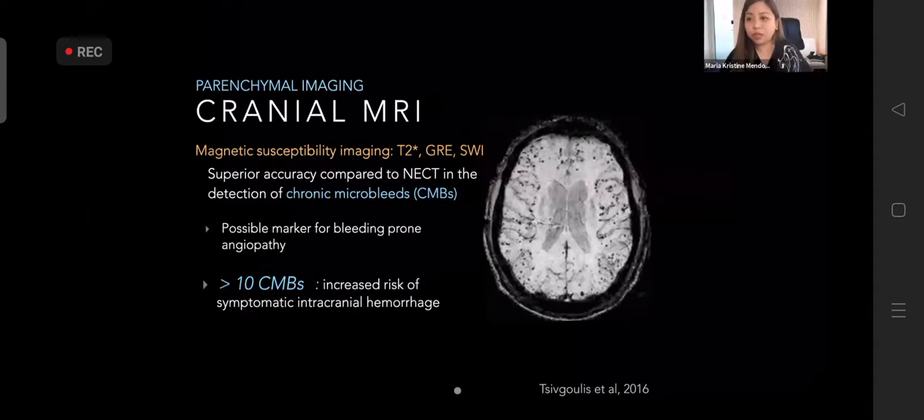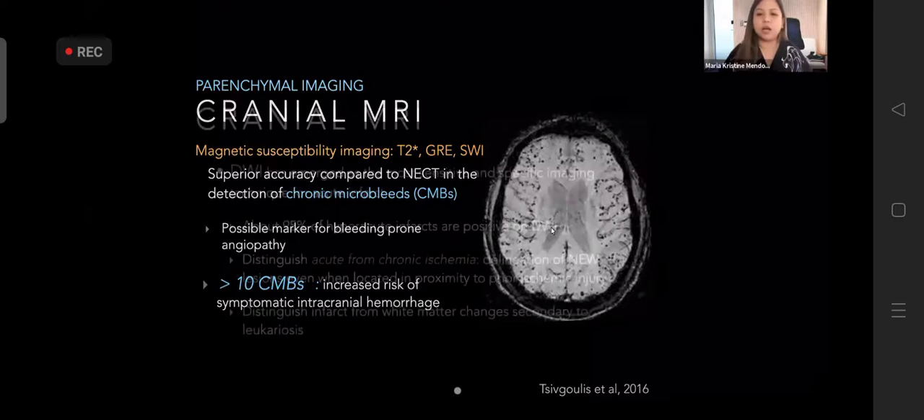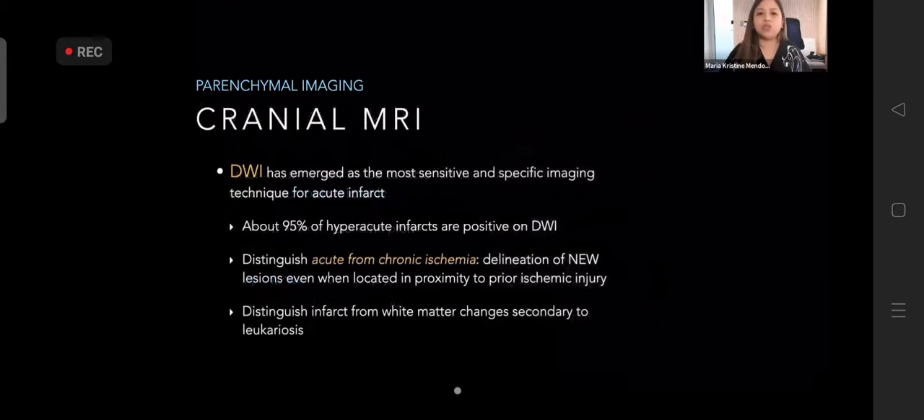These are not absolute contraindications to thrombolysis, but it has been said that if you detect more than 10 chronic microbleeds in GRE and SWI sequences of MRI, there might be an increased risk of symptomatic intracranial hemorrhage after thrombolysis. So SWI, okay, we have discussed already that particular sequence that is sensitive for